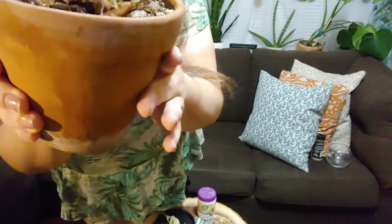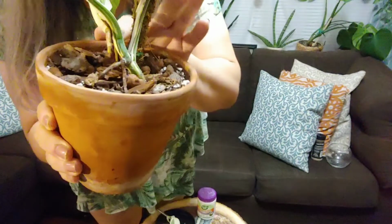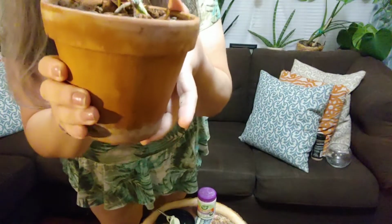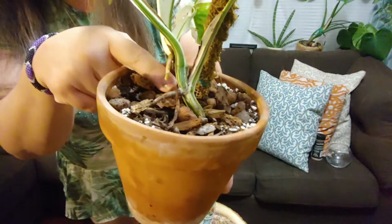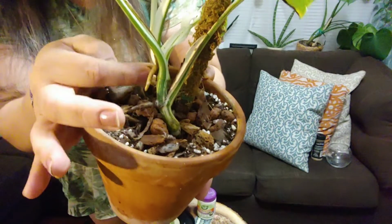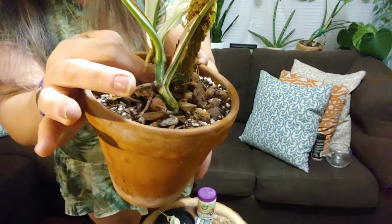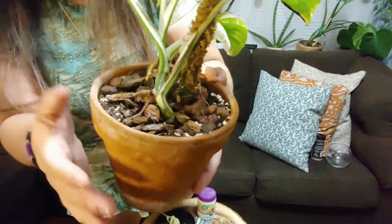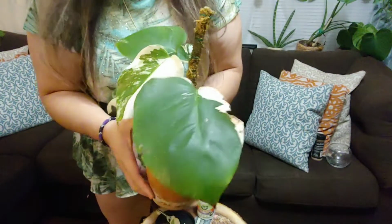She has some aerial roots that have dug in, so I'm really happy about that. I'm actually going to try a method of propagation. You see where the aerial roots are already dug in, where I just cut that stem that already is rooted into the soil to try and make 2 different plants. I have to see when I grow